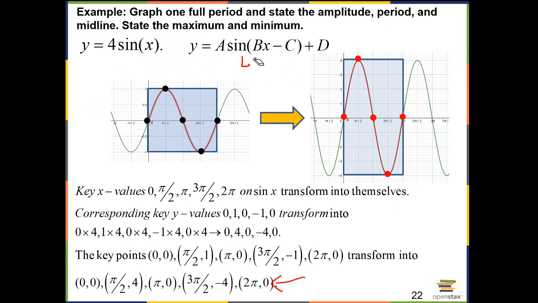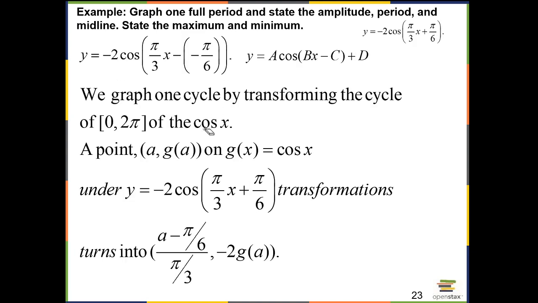Okay? So let's look at another one. Here we go. Graph one full period and state the amplitude, period, and midline. So state the maximum and minimum. Now, what shape does this have? It looks like cosine flipped, right? So we know that this is going to look like a cosine function, but flipped. So it's going to look like,